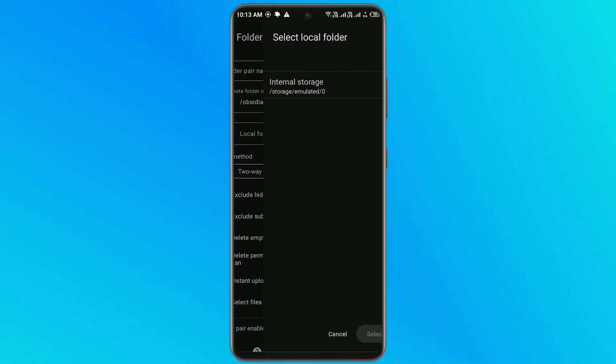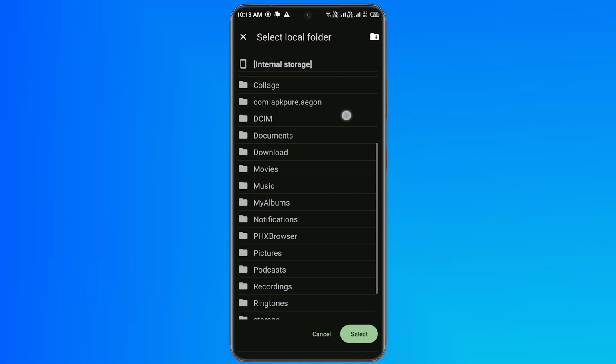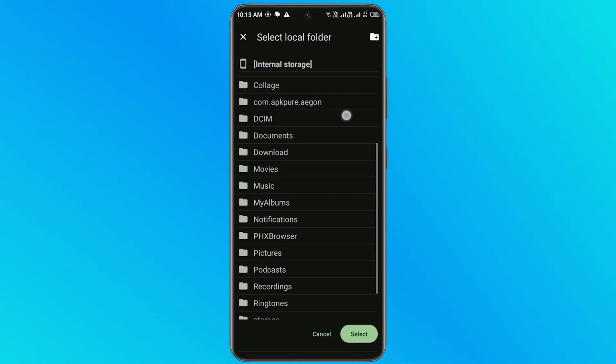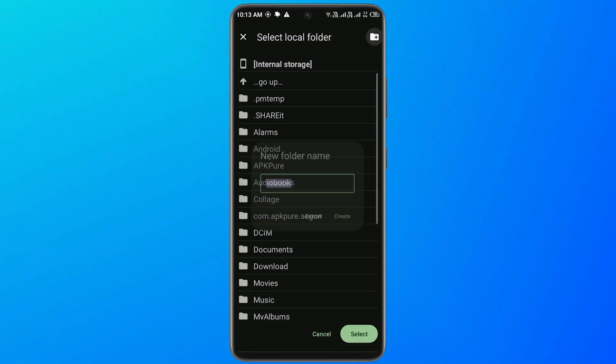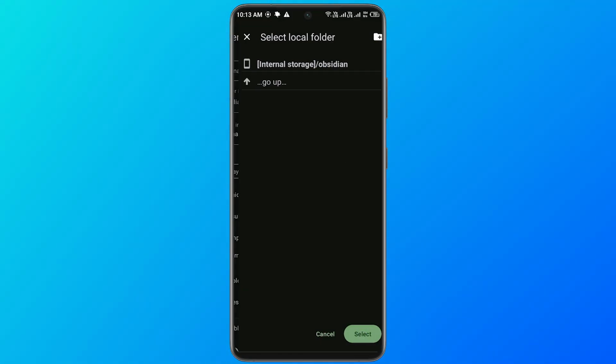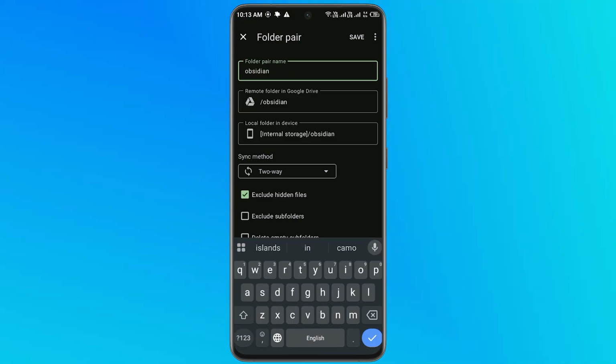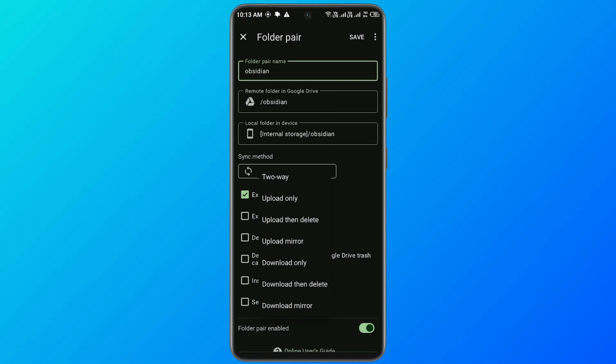After selecting the Google Drive folder, the app will ask you to choose a folder from your internal storage. Here you can either select an existing folder or create a brand new folder, and name it Obsidian or any name you prefer. Once the local folder is selected, look for the sync method option and set it to two-way